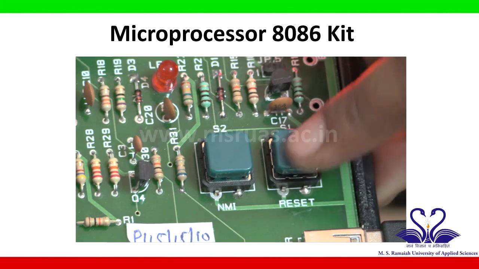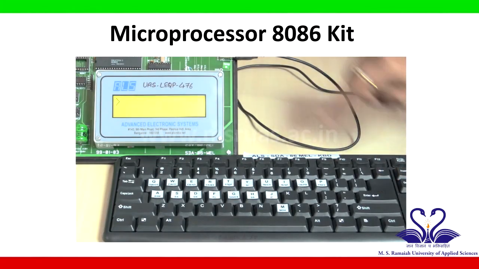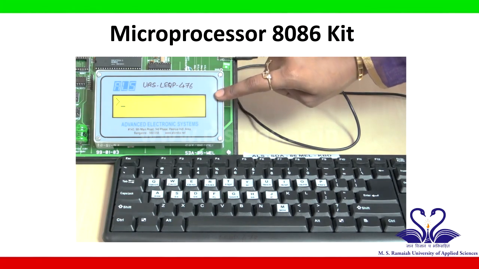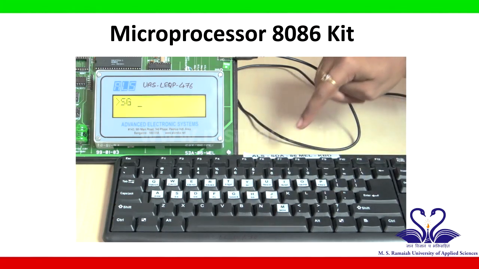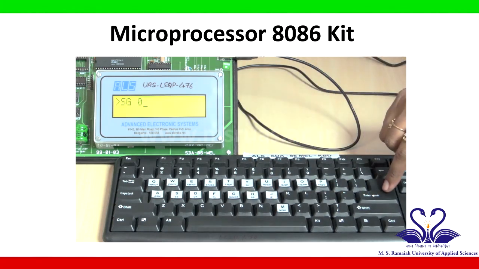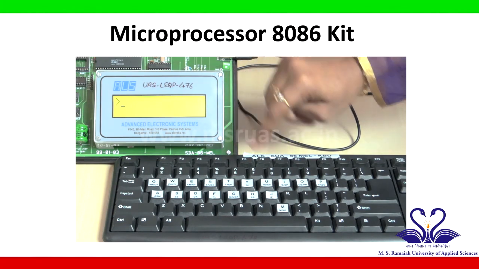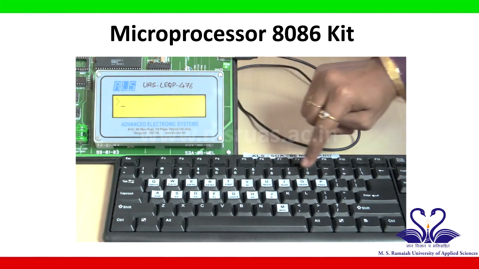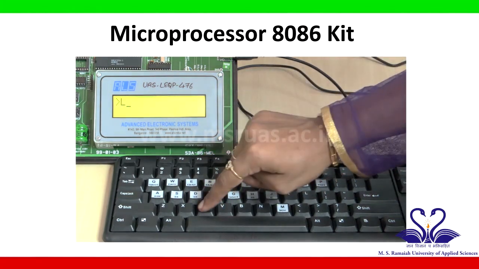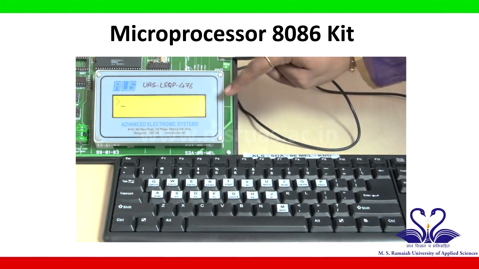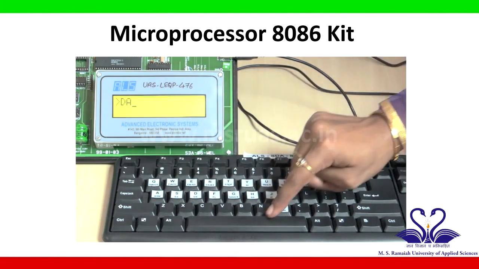First, press reset in the kit. Type A, enter, so that it goes to the assembler mode. Then type SG space 0, enter, which means segment clear. Then type LC, enter, which means label clear. Then type DA space